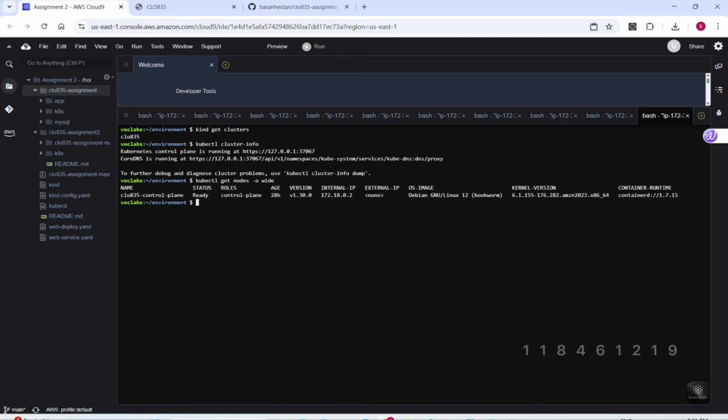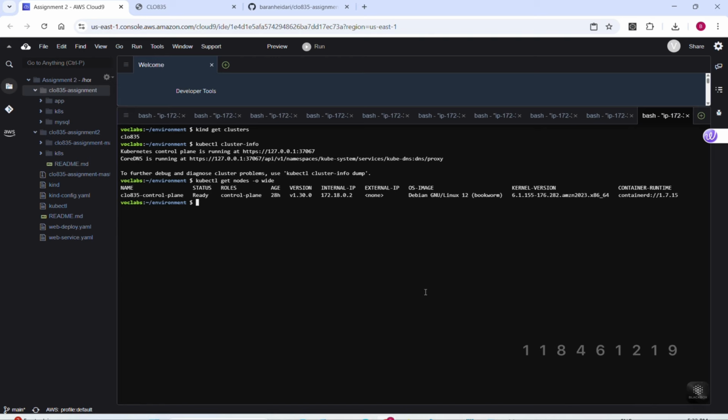The Kubernetes control plane is running at HTTPS 127.0.0.1, and my single node is named CLO835 control plane with internal IP